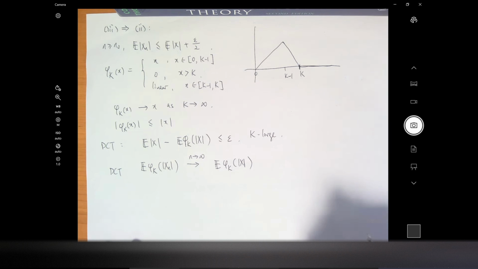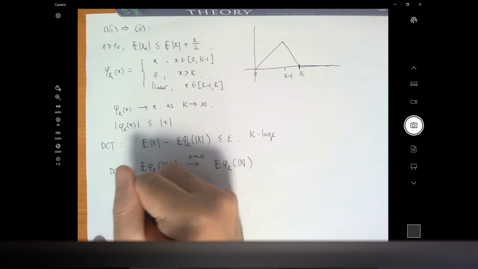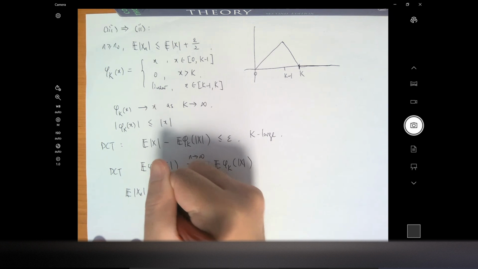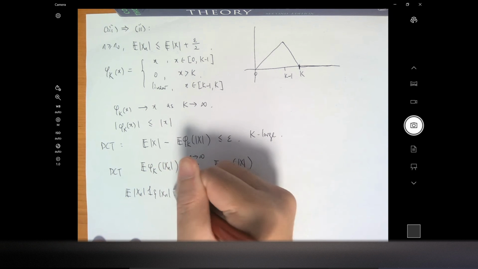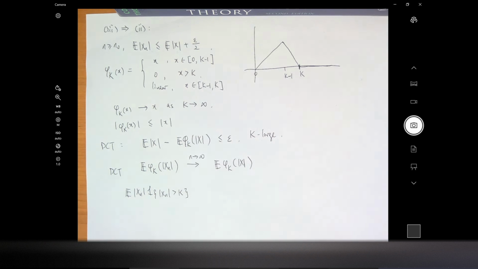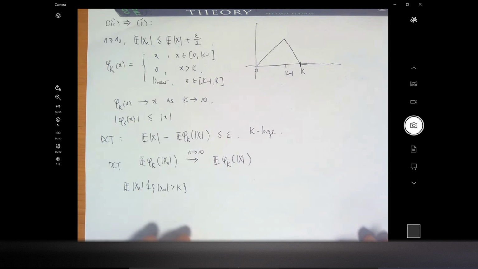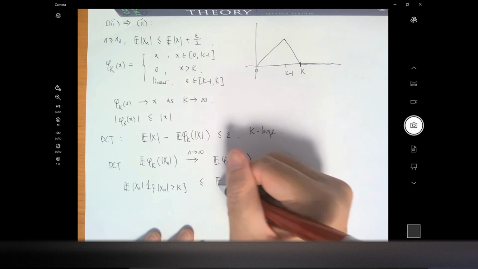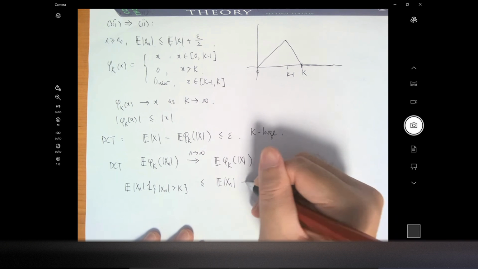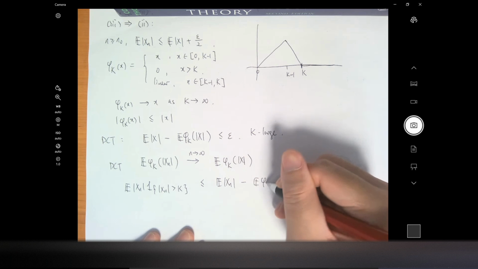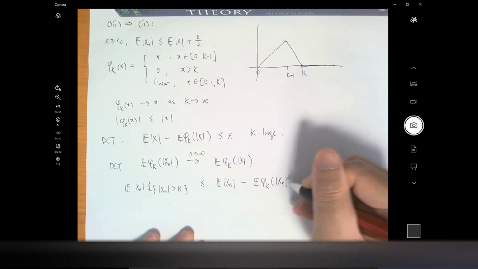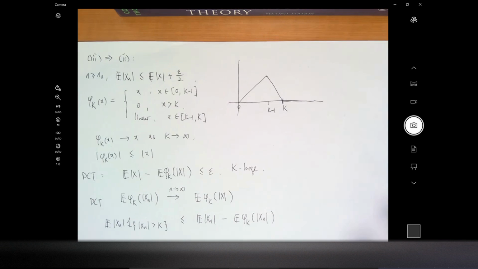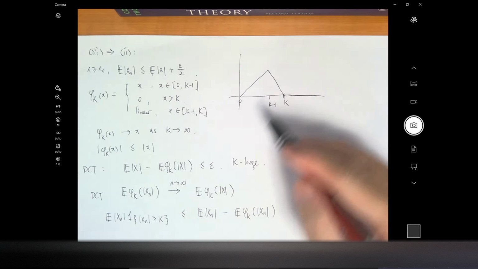Okay, so now we have all the ingredients. So my Xn, I want to prove that it's uniformly integrable, right? So I want to prove that this guy is small. So this is smaller than the expectation of Xn minus the expectation of phi_k of Xn. Okay, right? Because